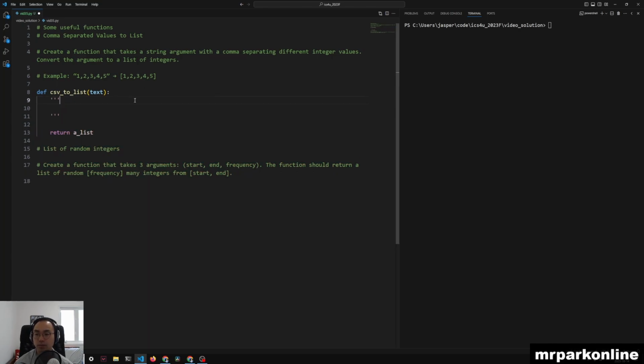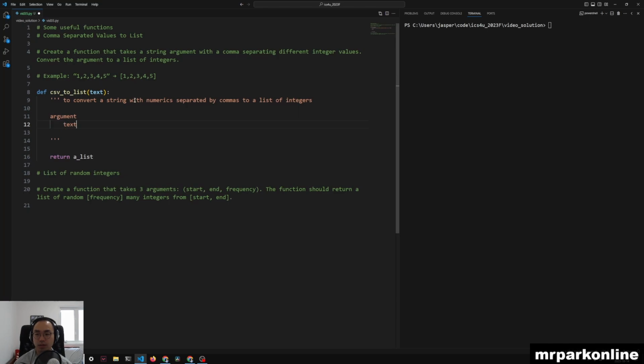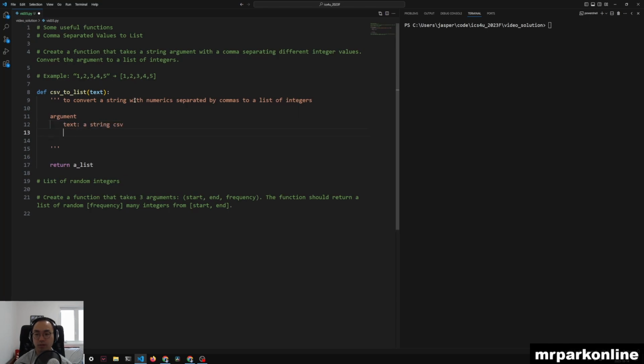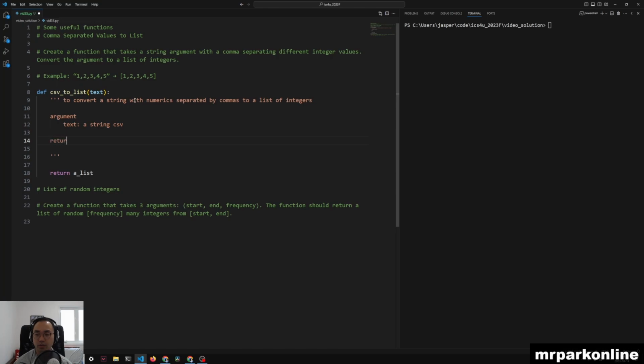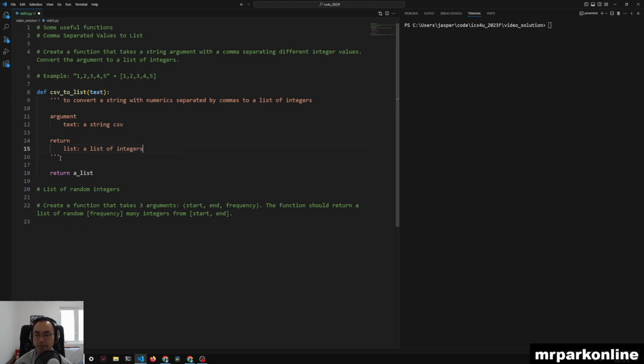Let's document our code: convert a string with numerics separated by commas to a list of integers. Argument, which is going to be text, a string CSV, and we're going to return lists, a list of integers. Perfect. All right, one cool thing that we can do here with this kind of format is that we can